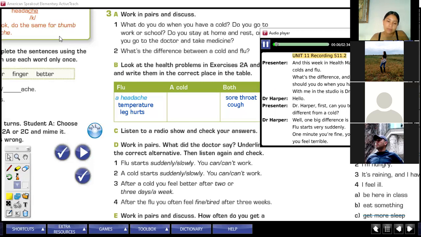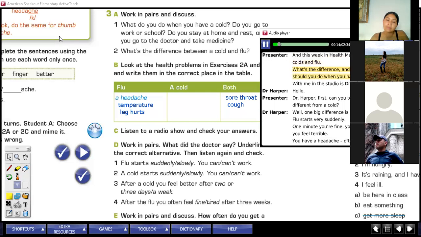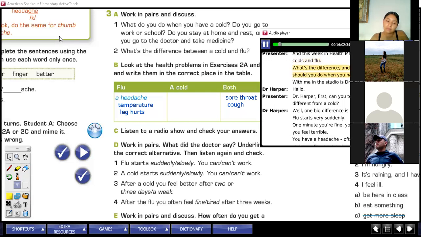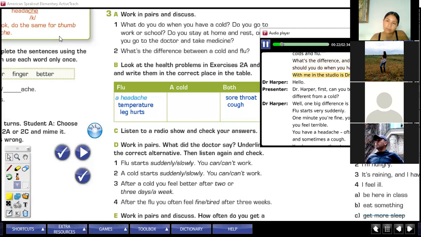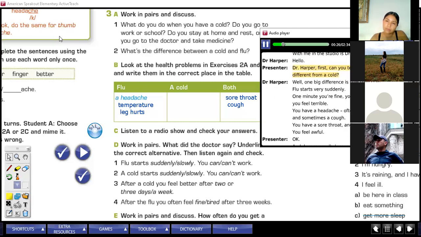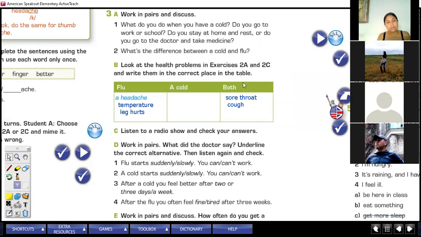And this week in Health Matters, we're talking about colds and flu. What's the difference? And more importantly, what should you do when you have a cold or flu? With me in the studio is Dr. Elizabeth Harper. Hello. Dr. Harper, first, can you tell us how is the flu different from a cold? Well, one big difference is how they start. Flu starts very suddenly. One minute you're fine, you're okay. The next minute,